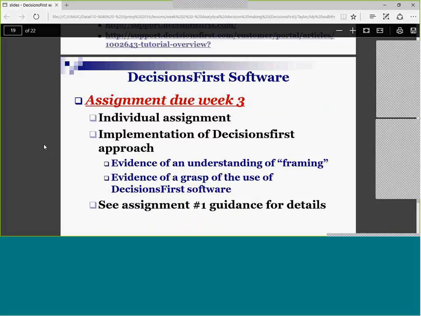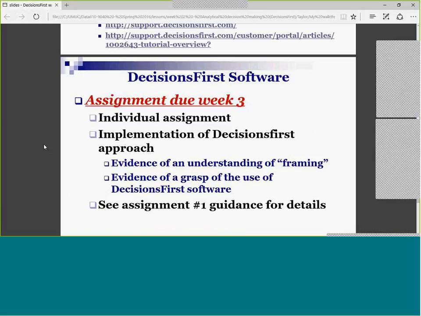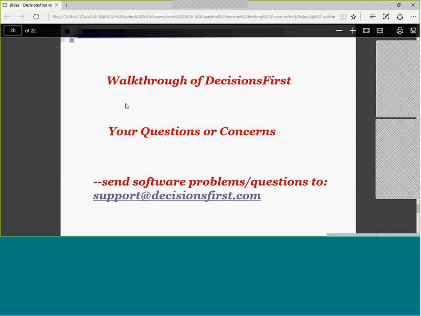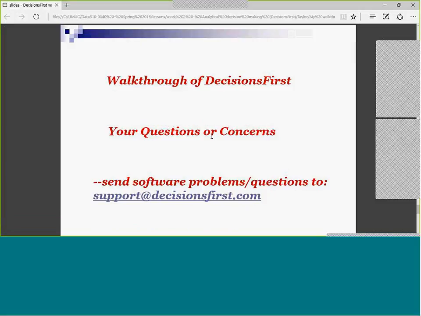As you know, you have an assignment due at the end of week 3. We are just now starting week 2, so you have 2 full weeks to deal with this, which should be plenty of time. What you're trying to do is accomplish 2 goals. You're trying to show that you understand the concept of framing and how important it is, and you're trying to show that you can implement and use DecisionsFirst software. So it is a trade-off between grasping the use of the software and being thorough in your framing. And now we finally reached the point where we're going to do a walkthrough. We'll come back and talk about questions and answers. And as I mentioned earlier, if you have problems with the software,